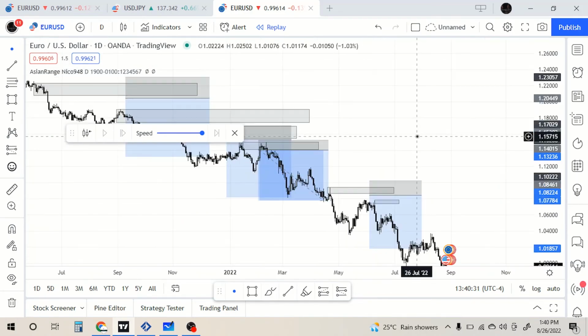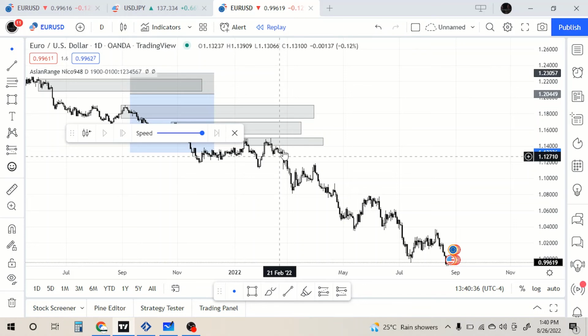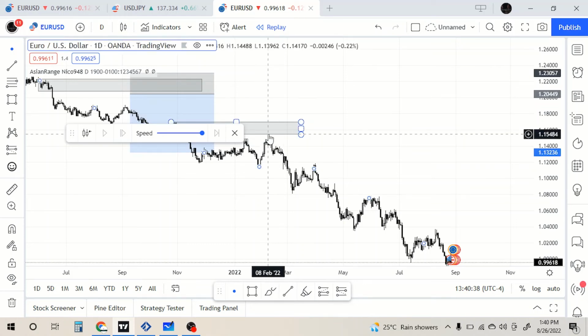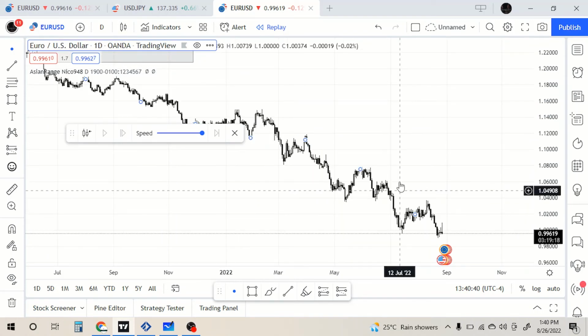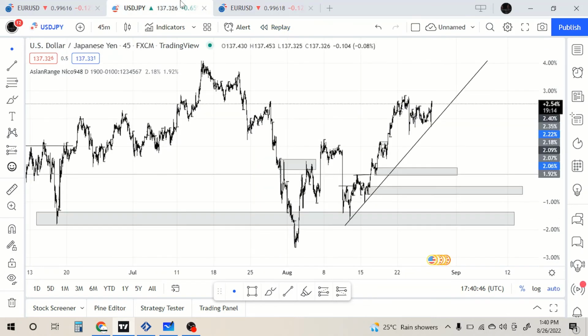Supply and demand, there are a lot of supply and demand zones all around every single place in the market, so it's not really the right strategy. You just have to identify a supply zone, allow price to come back into that supply zone, and then what? Confirm. So confirmation,